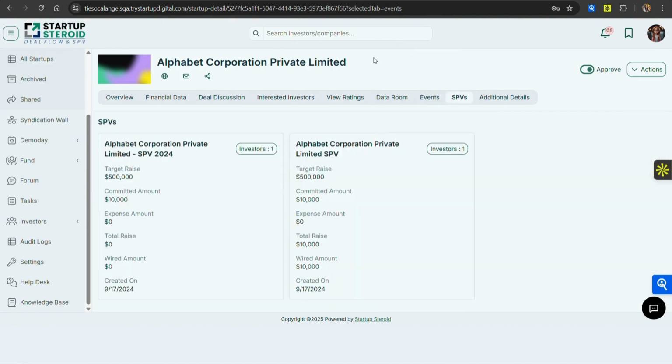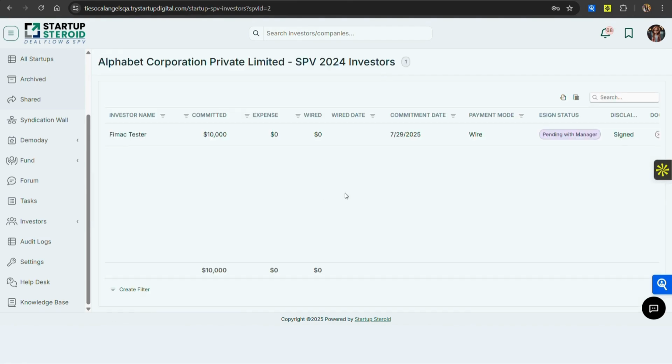Similarly, if you are creating SPVs through SPV Hub on the platform, the SPVs and the number of SPVs that are created will be visible in the same space. When was it created? How much did the SPV raise? What is happening under the SPV? You can click on the investors and see what is happening again. All of those things can be done from the same space. Going back,